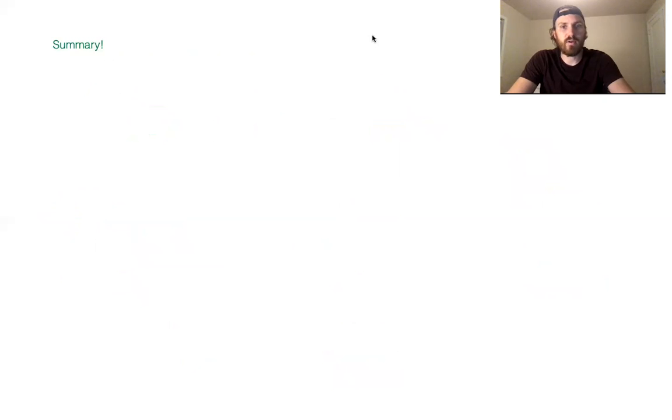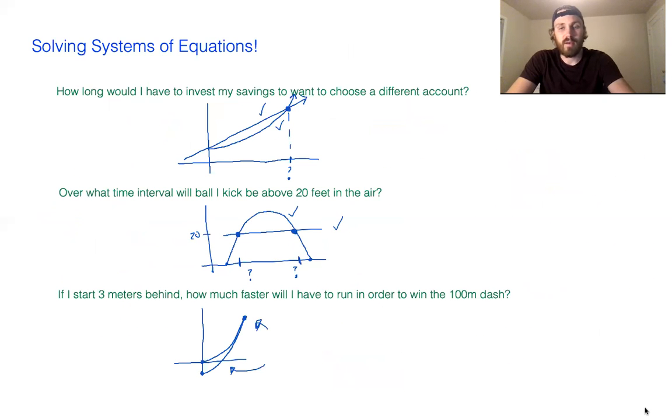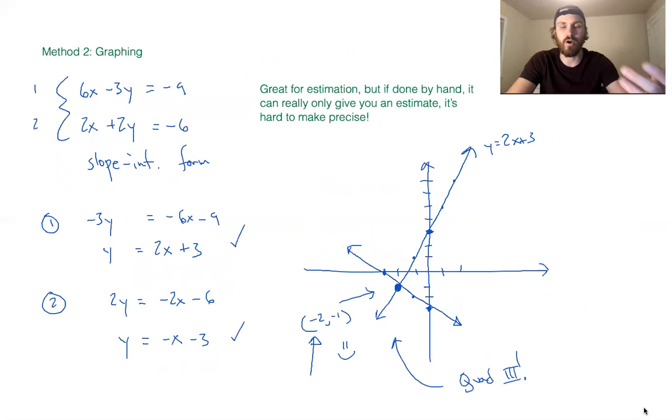Okay, in summary, let's just go back through our slides very quickly. Lots of reasons to solve systems of equations beyond the obvious beauty and poetry of mathematics. So you can just guess, try and find the numbers just by guessing and plugging things in. A little inefficient, but gives you a good sense of what's going on. You could graph, always a good idea to think about how things are and estimate where solutions are, but a little imprecise if you're not really good at graphing,